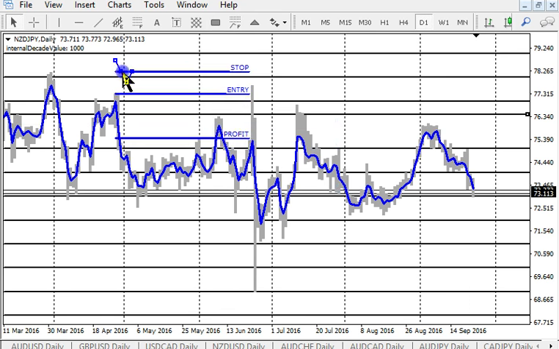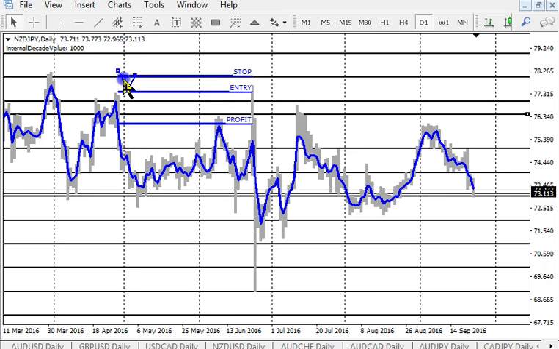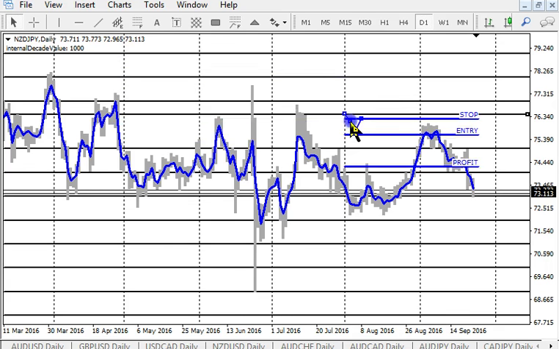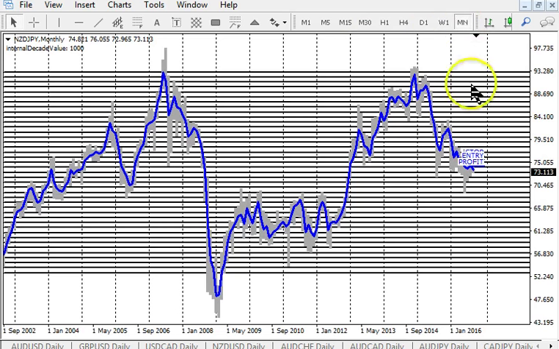If you're going to enter this tippy top back here, you needed at least a stop up in that. And then you just find how many pips is that, and is that appropriate for the currency you're trading? If you go to the monthly, now this is like the Brexit. These trades are going to happen to you. Look at how bad the New Zealand got hammered here in 2008. Now, if you're aware of the fact that you're going through new country here,